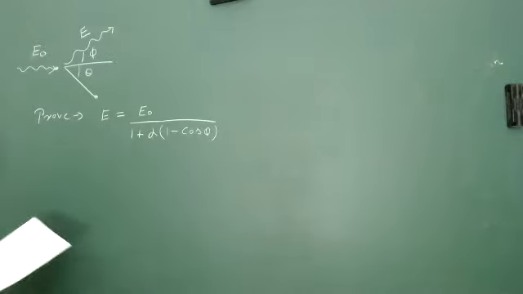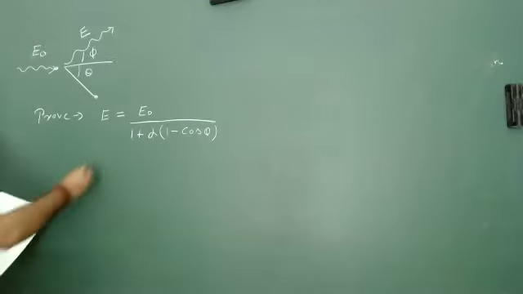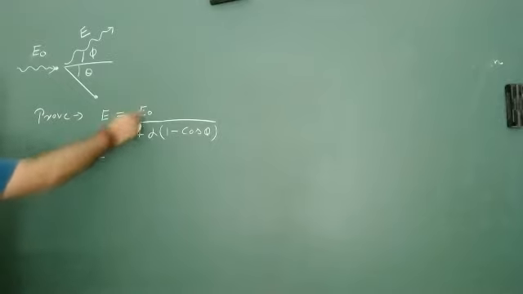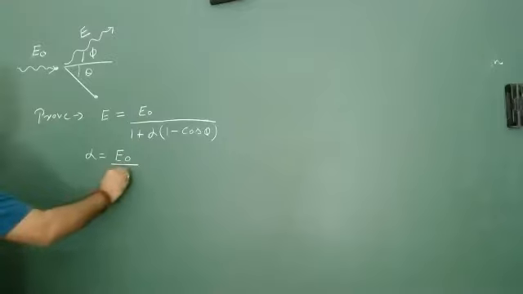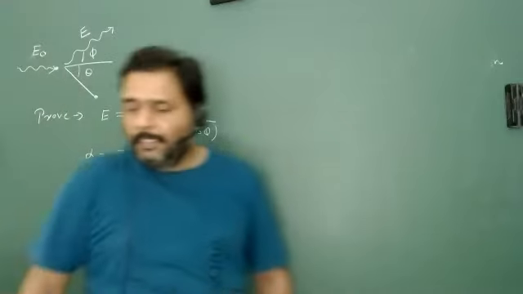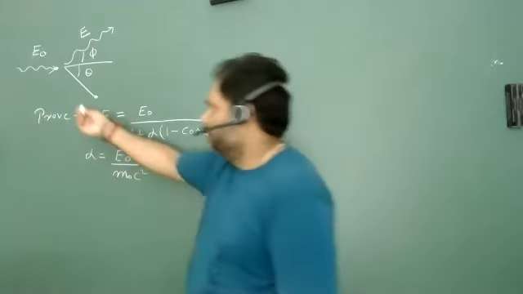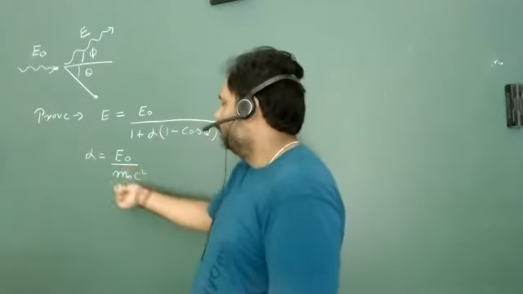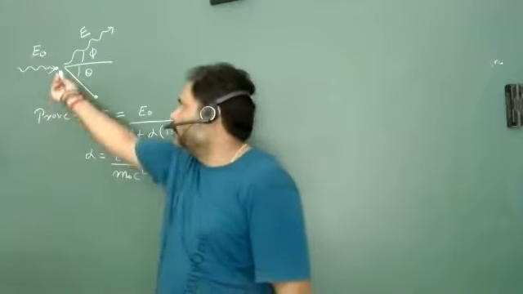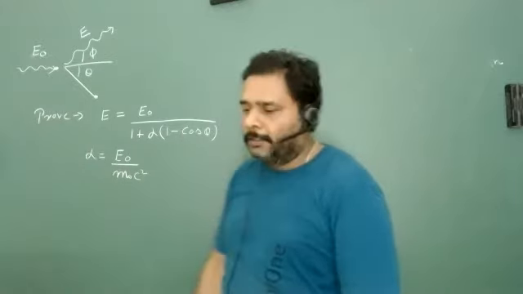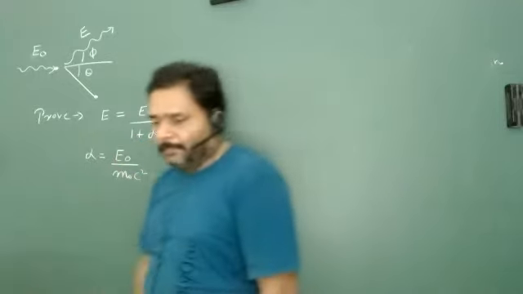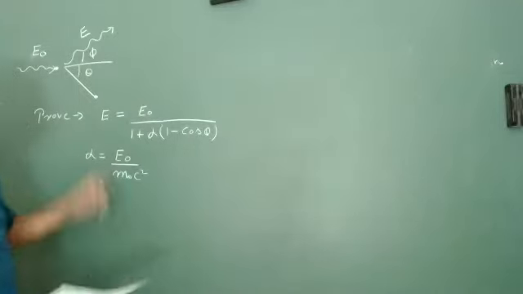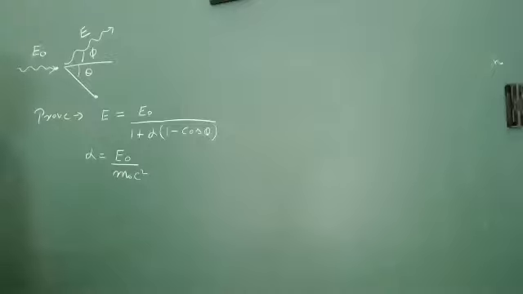Where alpha is nothing but the ratio of incoming energy to rest mass energy. So this is very interesting. This is the rest mass energy of this target particle, and right now we are taking that of an electron. You have a proton also, so you can find m naught c square in this term. So we have to prove this thing. It's a very wonderful thing. Then we will do one problem based on this particular expression.